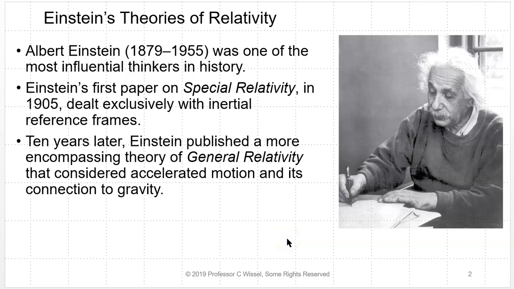Einstein lived from 1879 to 1955, and he was one of the most influential thinkers in history. Probably more people have heard of Einstein than any other scientist in history. Einstein's first paper on special relativity came out in 1905 and dealt exclusively with inertial reference frames. 10 years later, Einstein published a more encompassing theory of general relativity that considered accelerated motion and its connection to